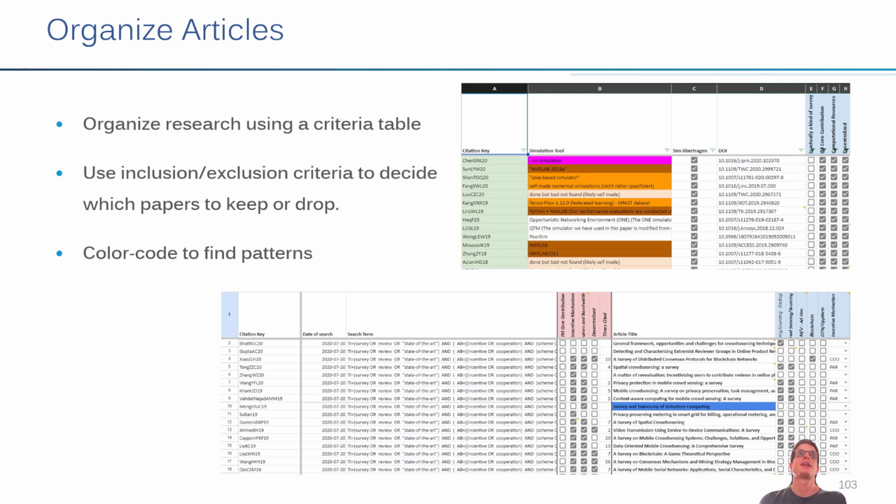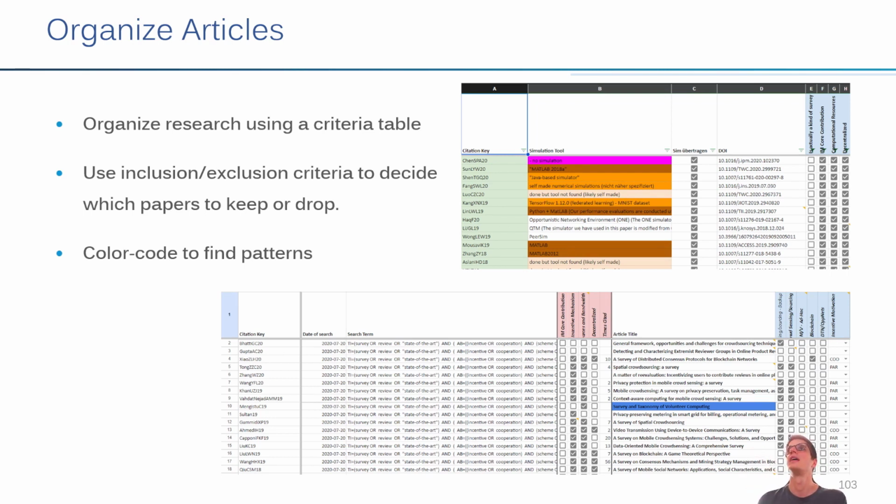Feedback from organizing articles. How can you do it? What you see on top is one organization structure I did in an Excel form. The citation keys on the left, this time color-coded simulation tools, and also criteria on the right side with checkboxes. And what you can see in a lower section is that sometimes there are gaps with the criteria. And you can use these lists to filter already the ones that didn't make it to 3